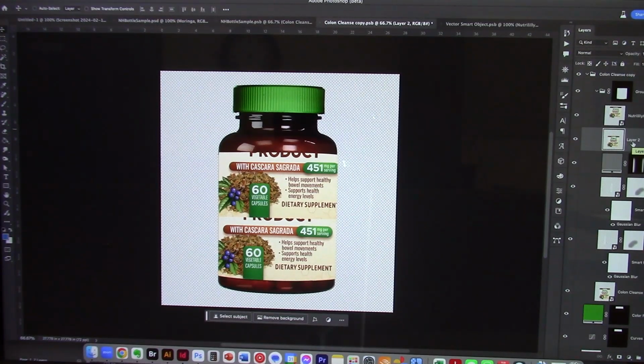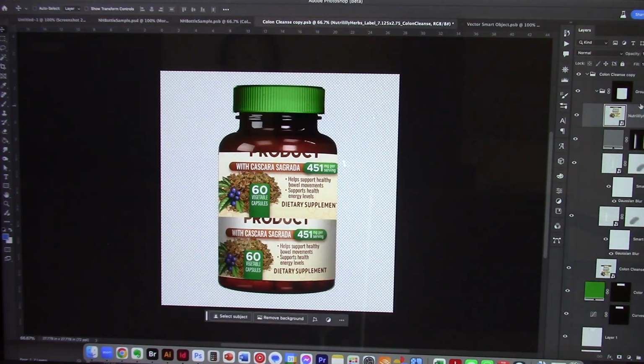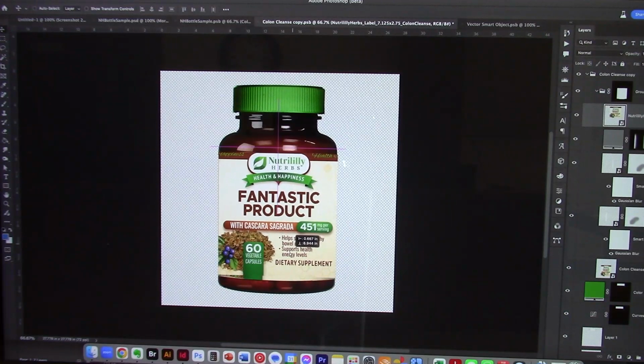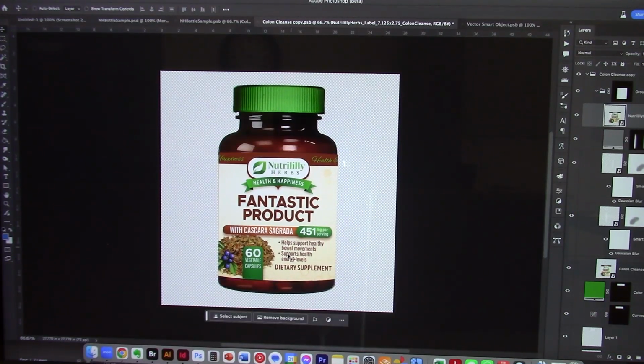It's been destroyed. I can't go deeper now and make any changes to that layer. So you don't necessarily want to use that one. It's not going to be useful to you. So I'm going to delete that. We're going to make all of our changes to this smart object version of my label because I can go deeper with it. Okay, so once I get it in place where I want it, I'm going to hit Command T,